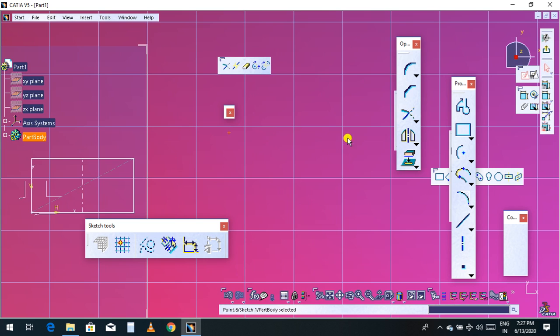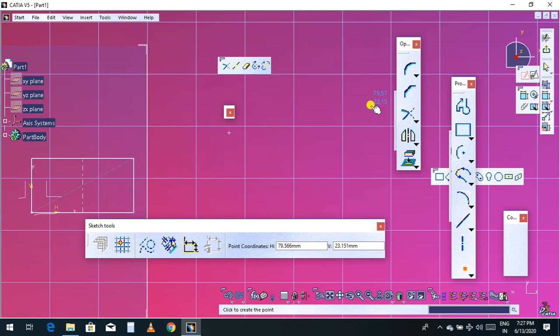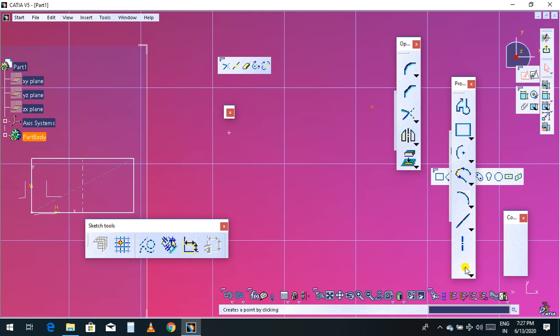This point, select again another point, select once again. So there are 3 points. Now you can give a dimension also. Select the constraint and choose this point and this point. Again, if you want to give a dimension from this point to this point, you can give a dimension, this one also.